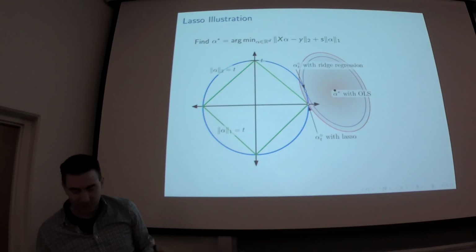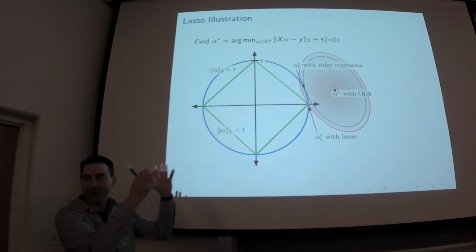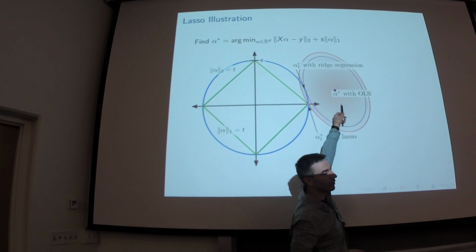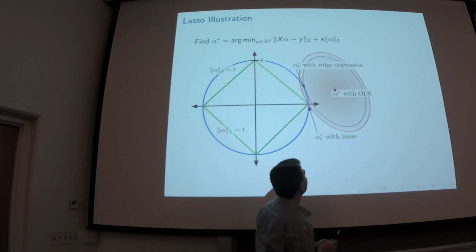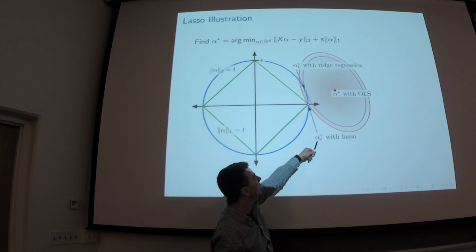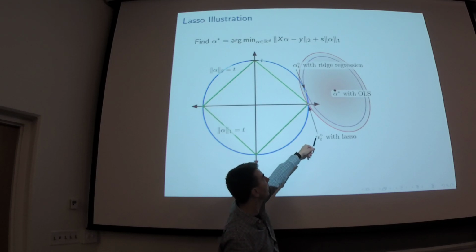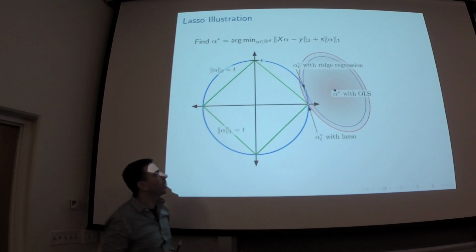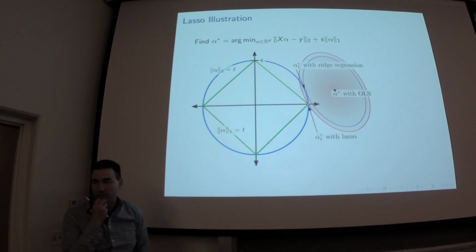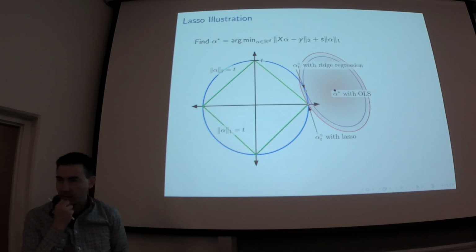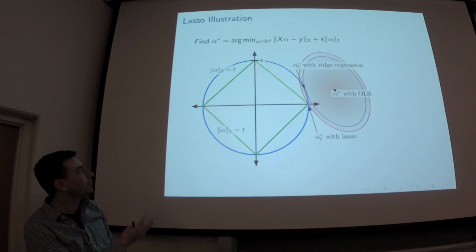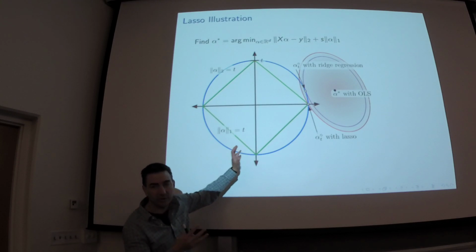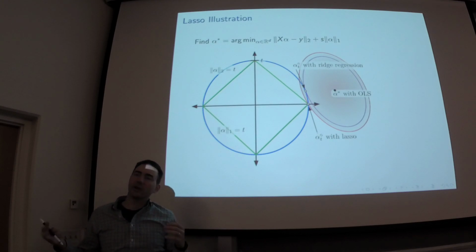Let's look at the picture. I had a backup picture here where I oriented the other way. So this is alpha star with ordinary least squares, and this is the L1 cost solution with Lasso, where it hits exactly on the boundary here, and the L2 cost minimum solution is on this blue shape. If you restrict to this L1 cost function, you get this pointy restriction. And as we mentioned,